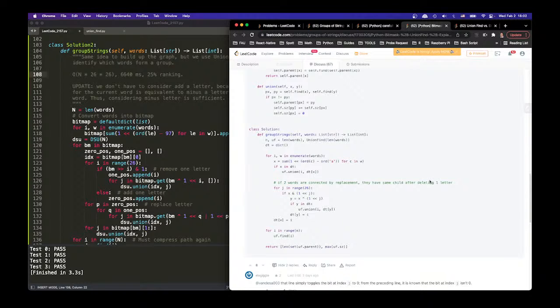So if we delete one letter and the other one deleting one letter, they do have the same child. That is true. So I go through 26 letters and we find the one that's a 1, yes. And we find the one that's deleting, so I delete that, right? I delete that. Then I look inside